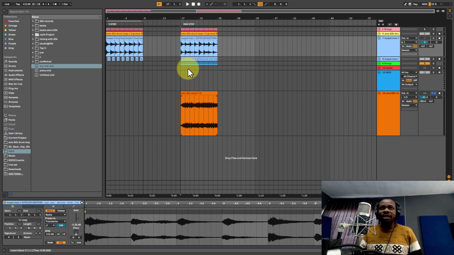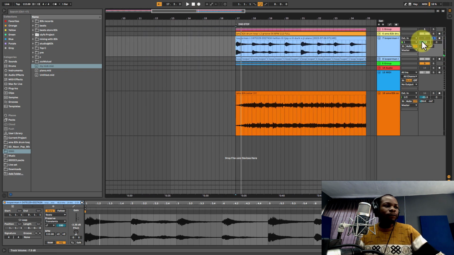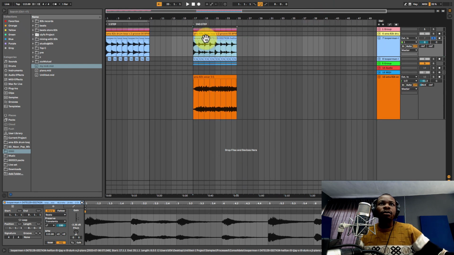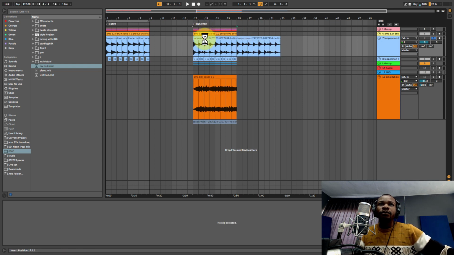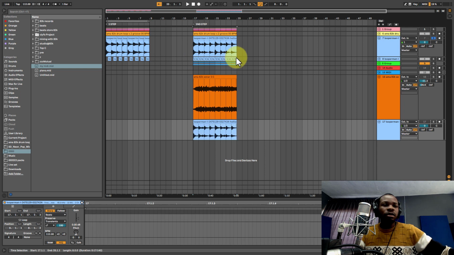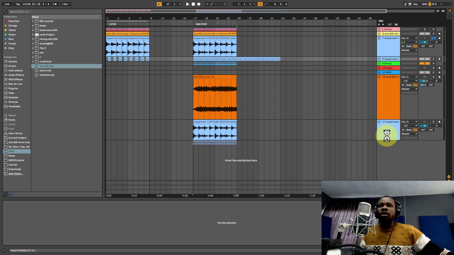So in this case, I try to use different instruments, and even if you want that one, I can still wait, because I don't want to mess up the first step. So I'm going to duplicate this and put it here as well. And then also this one, I want to put it on a different track,